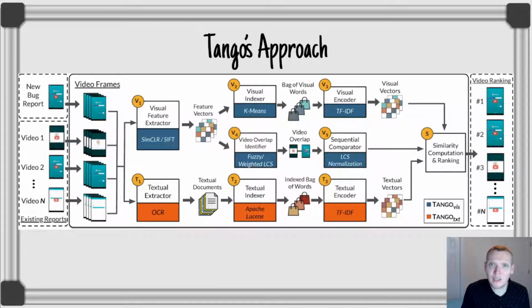Therefore, we came up with Tango, a tool for detecting duplicate video-based bug reports. Tango takes as input a new video-based bug report, as well as a corpus of existing video-based bug reports. It then outputs a ranked list of the most similar bug reports in the corpus compared to the new bug report. This allows a developer to quickly determine if a new bug report is a duplicate by reviewing the top